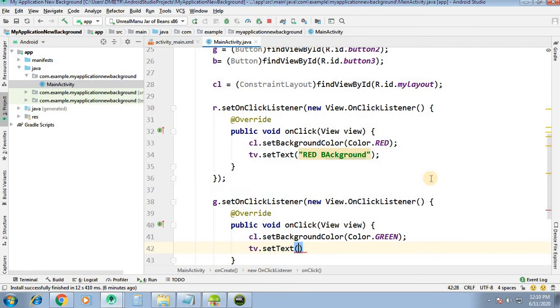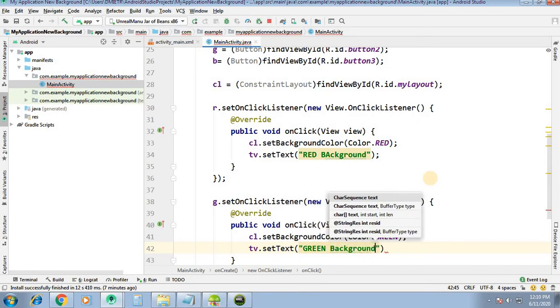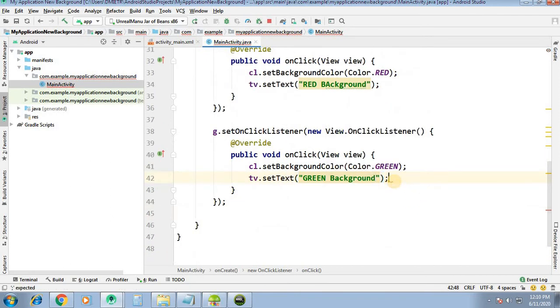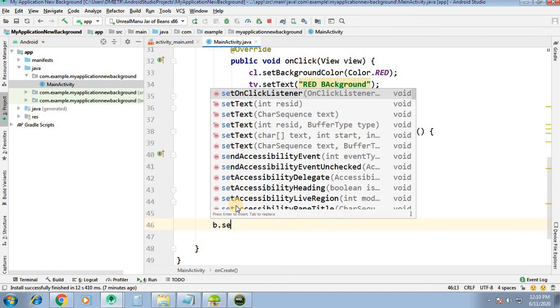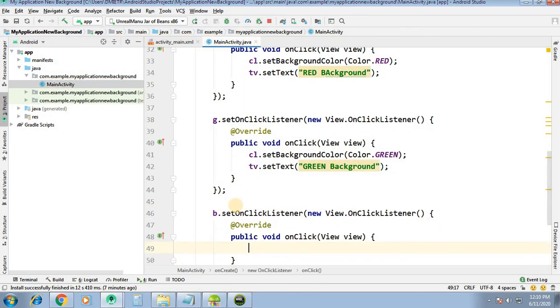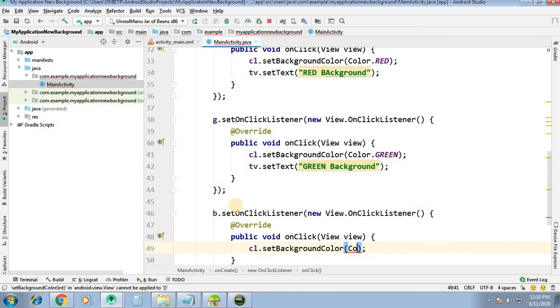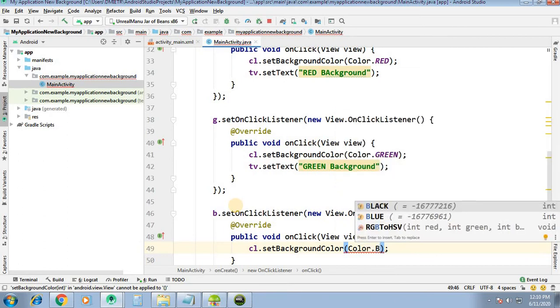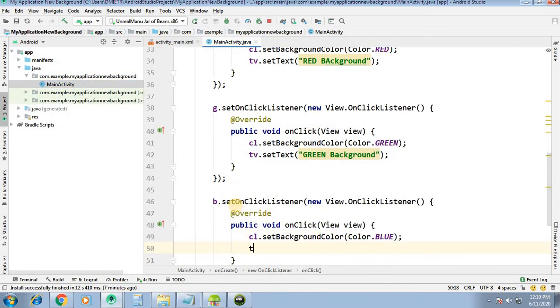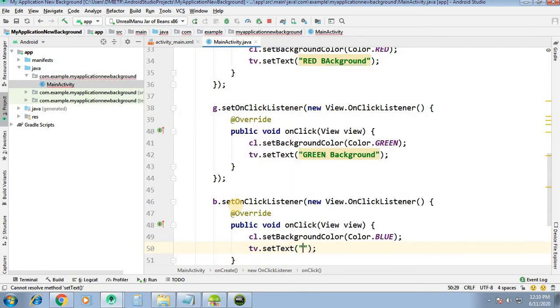The text will be green background. Similarly for b, b dot set on click listener, new on click listener, here cl dot set background color, color dot blue. And tv dot set text, the text is blue background.